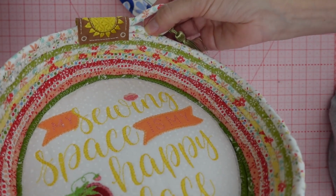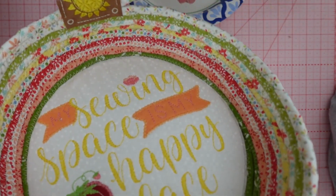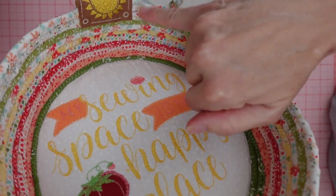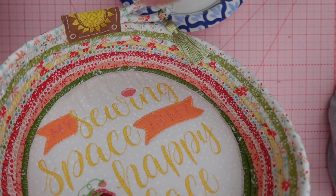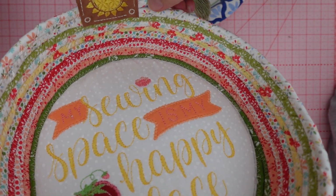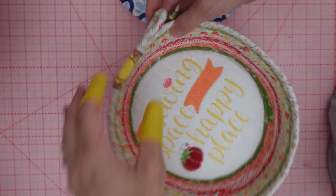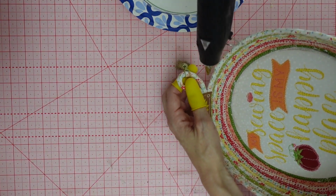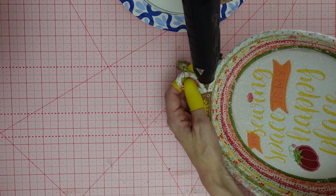You can also check your loop where it comes out of the tag. Make sure it's fully secure how you want it to set, if you want it lying down in front or in back. Add a little glue if you feel it's necessary. I want mine to lie flat, so I'm going to put a little bead of glue between the loop and the top of the rope bowl to help keep that rope secure because I'm going to be using this in